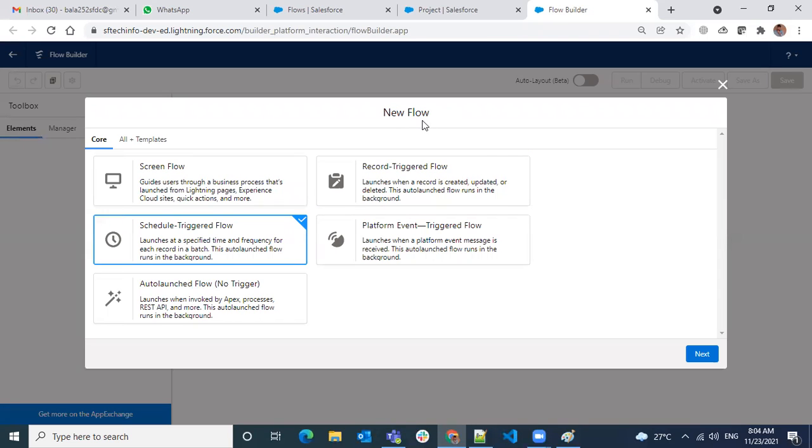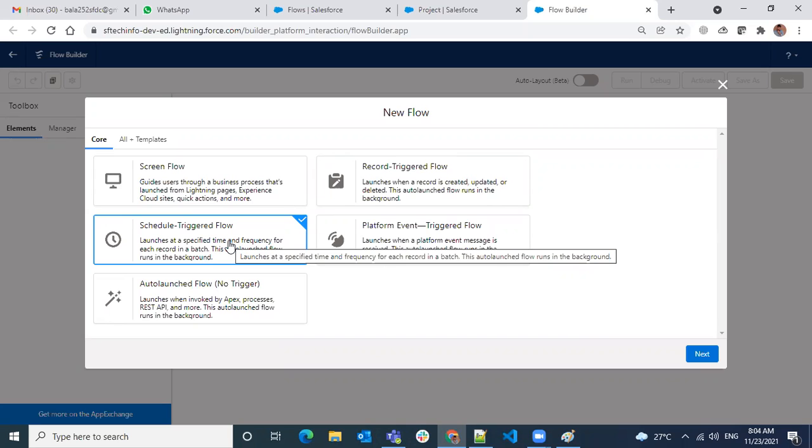Only if the record is touched will those be triggered. While in scheduled trigger flows, what happens is you set a schedule, daily or monthly or yearly, whenever you want to schedule this. And once you have the schedule, every time the time comes, it will execute.